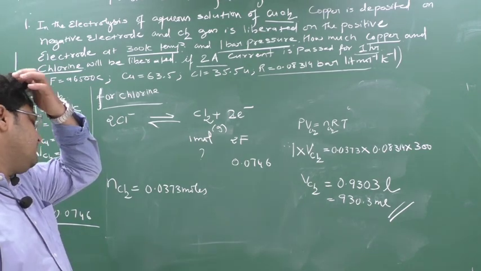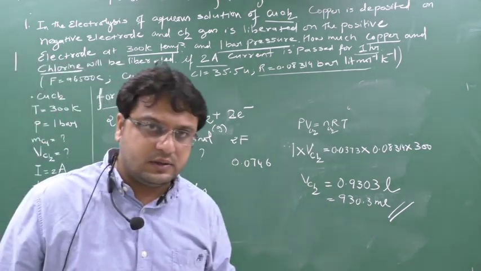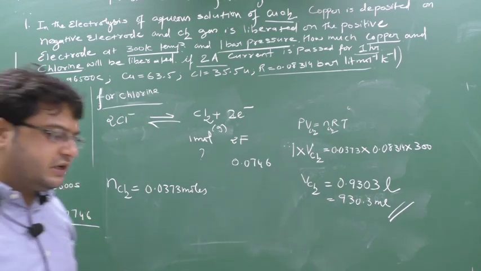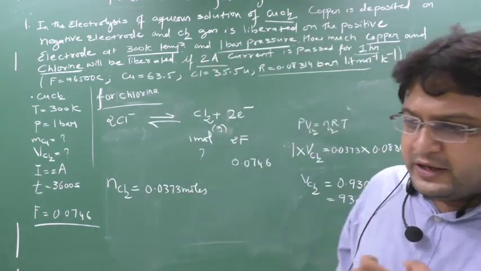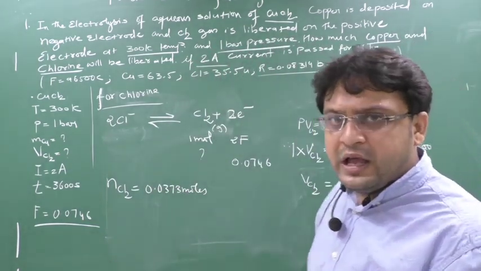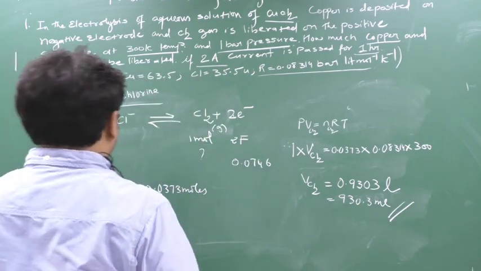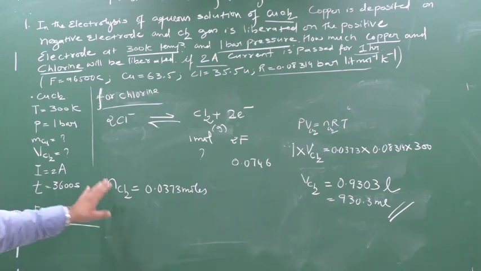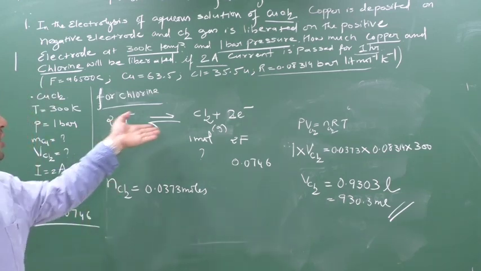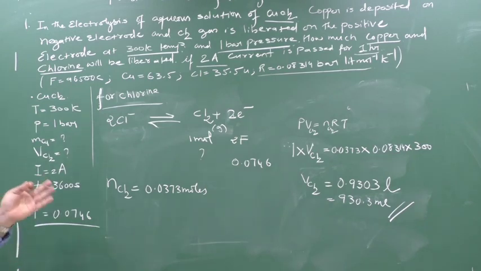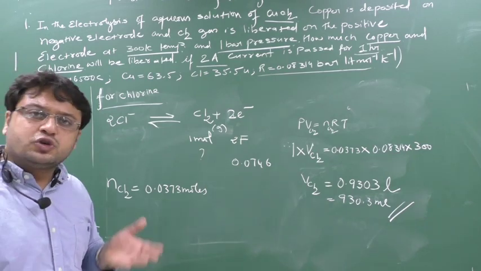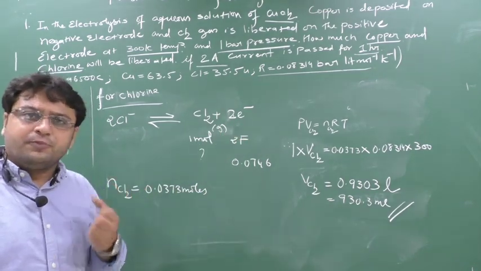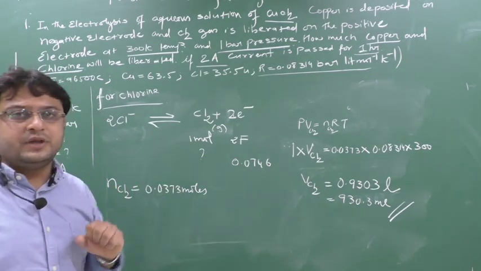Whenever this type of question comes, it will come in the exam for nearly 3 to 4 marks. So it is a very simple, very easy question. Just remember, whichever electrolyte is given, check who will go to the anode and who will go to the cathode. Always metal will deposit at the cathode and gas will be liberated at the anode. At the cathode you can write the reduction reaction, and at the anode you can write the oxidation reaction. Chlorine is a gas, so for gas you have to use the equation PV equals nRT, and for copper you have to use the number of moles. From the number of moles you can calculate the mass of the metal liberated.